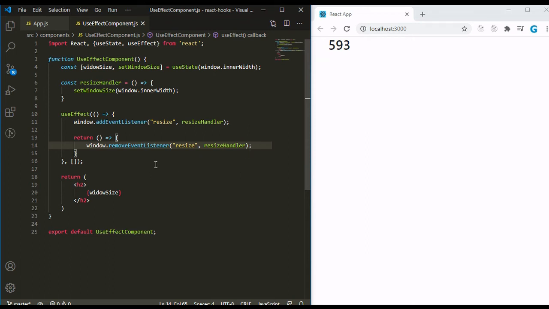So friends, for the cleanup or for the unmounting, we have just written a function. As a function you can use the arrow function or you can use a named function. You have both the options. It's up to you which one you choose. So friends, for the return function you have to remember that you have to define this return function at the end of the useEffect function.